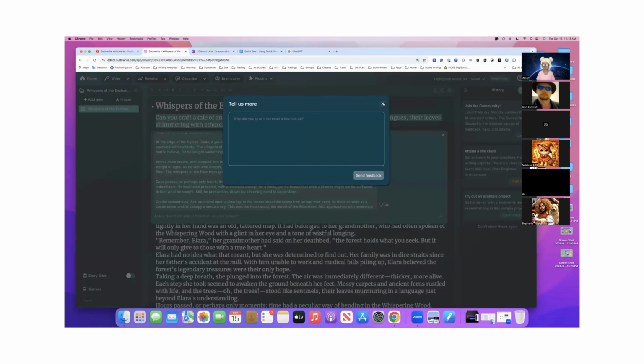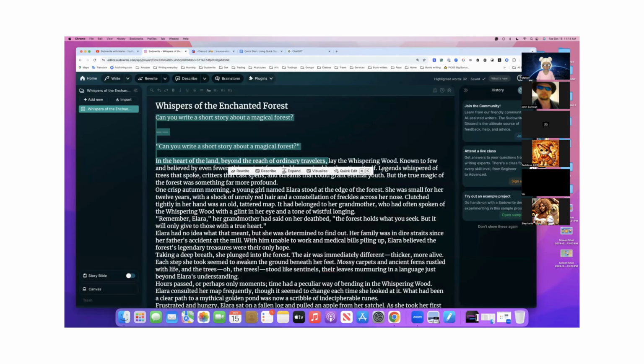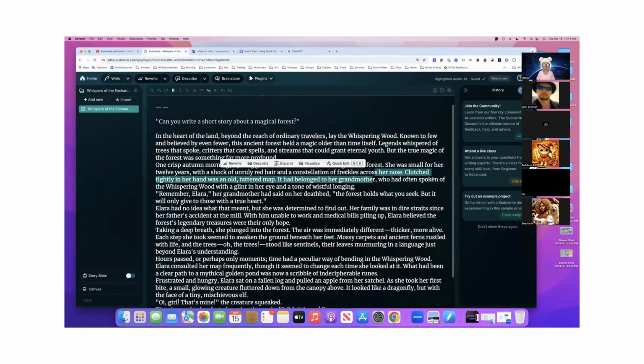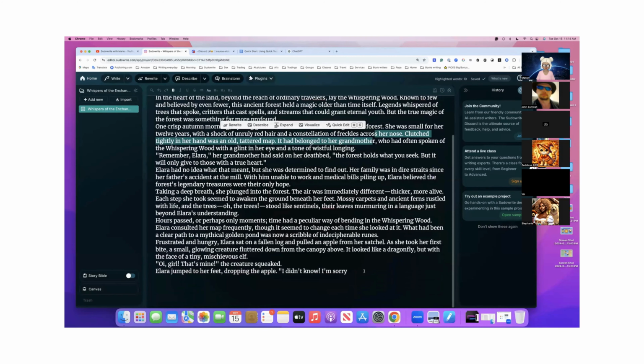It's nice. Look at that. Close this. So in the heart of the land beyond, a story traveler, the whispering wood, known as a few believe is the ancient forest. And the second story,